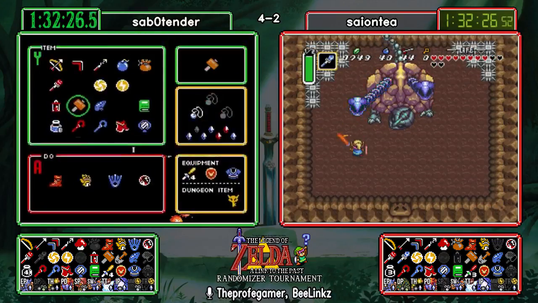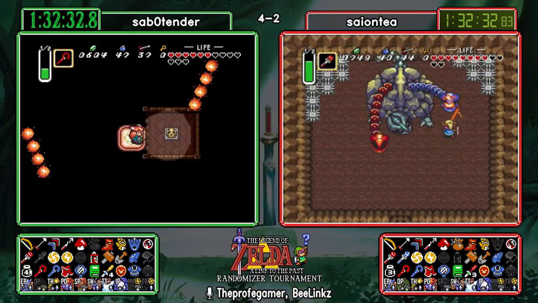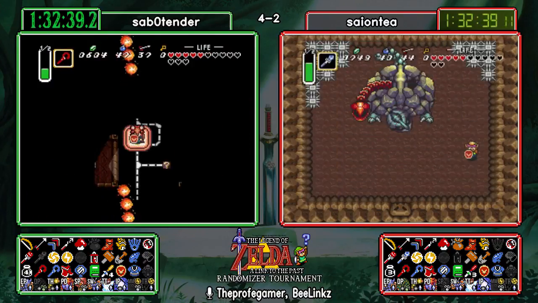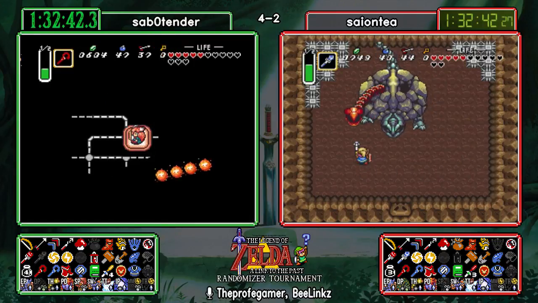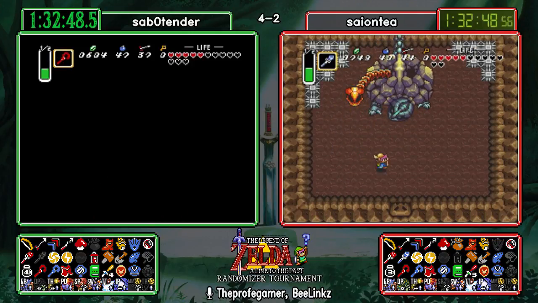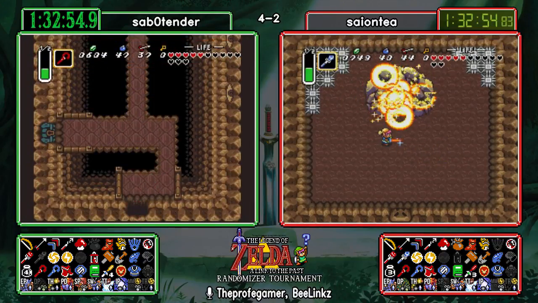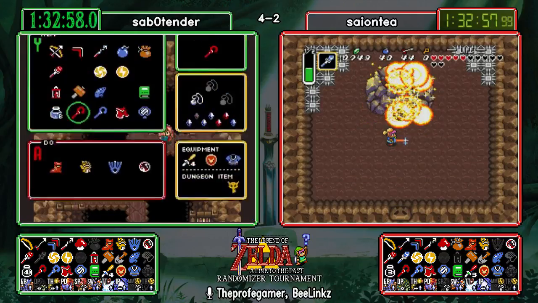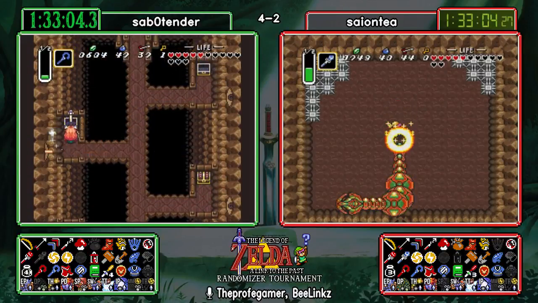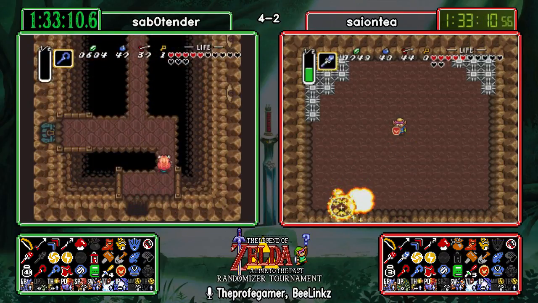All right, we are going to have a rather quick Trinexx fight for saiontea, opting to go ahead and take care of the Ice Head before disposing of the Fire Head. I wonder if he did that purposefully. It's hard to get swings in every now and then. All right, we are nearing the end of the 7th crystal boss for saiontea. Very, very clean kill there. As sab0tender gets his Ice Rod, is in go mode at 1 hour 33 minutes. And now,